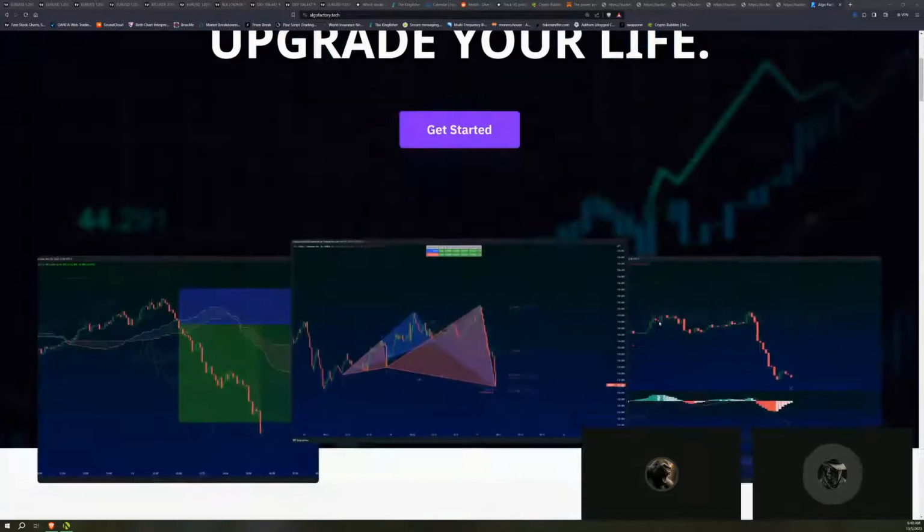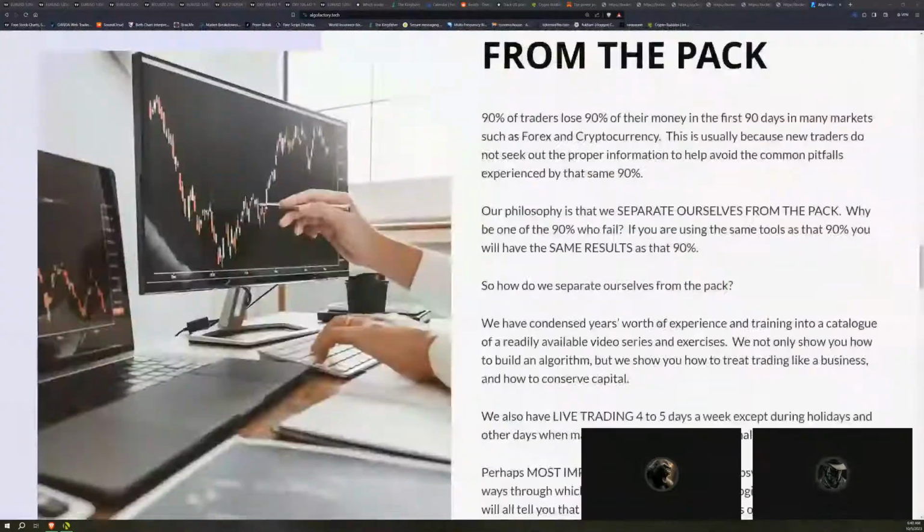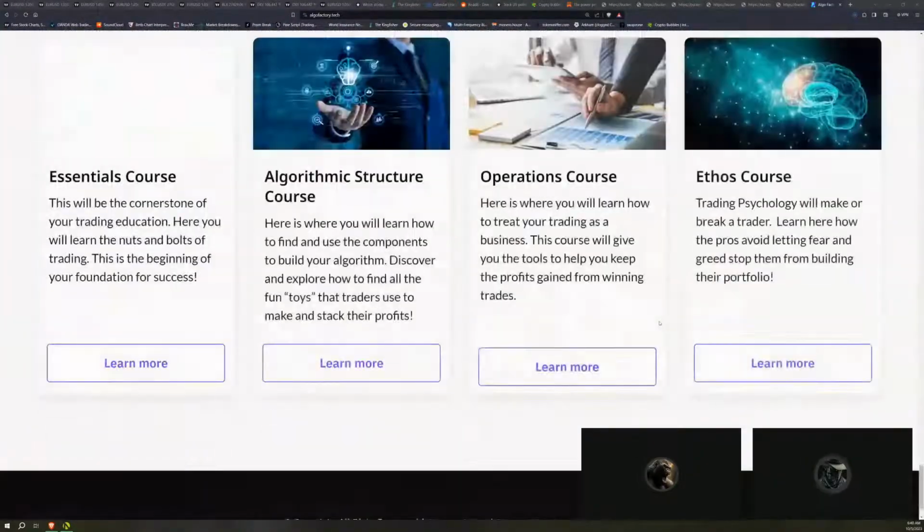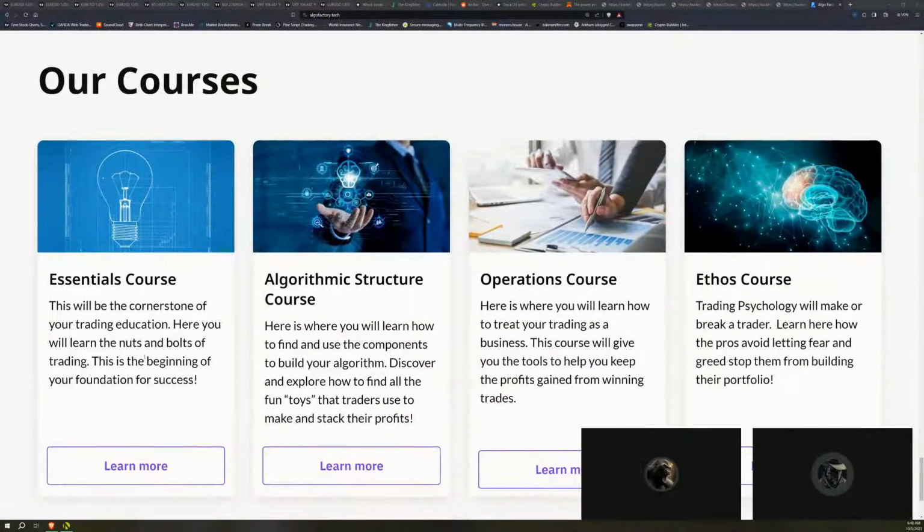So on the screen is the website, and if you go to the bottom of the website, you're going to notice the classes, okay? So you have the Essentials course. That's where you're going to start, KG, on the far left. The Essentials course is the nuts and bolts, and if I were to make this class something that encompassed all of trading, we would be talking about hundreds of videos. It's just completely impossible. There's going to be a lot of ask us questions. We can point you in the right direction. There's going to be, here's a video from YouTube. There's a lot of that, right?